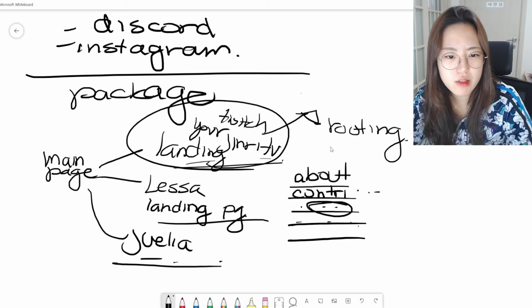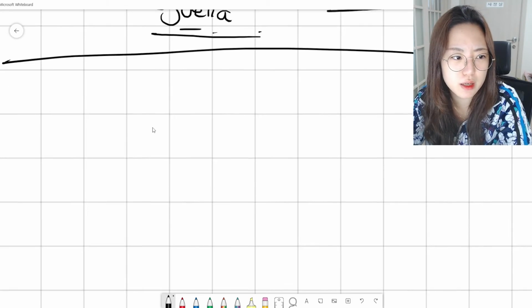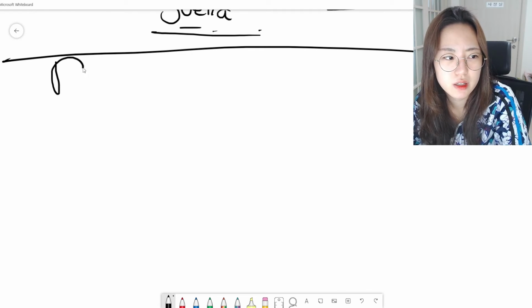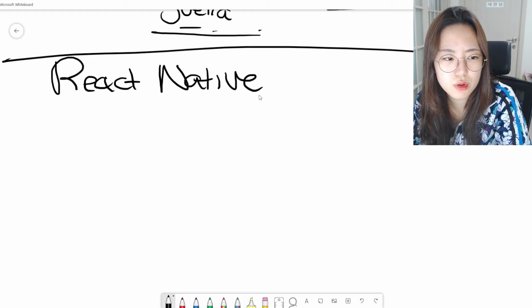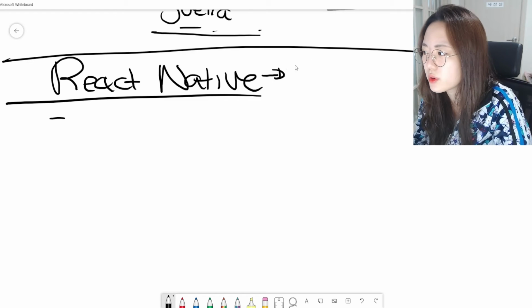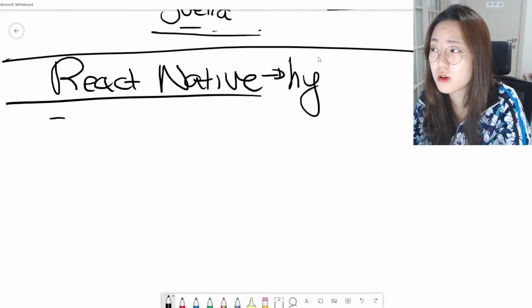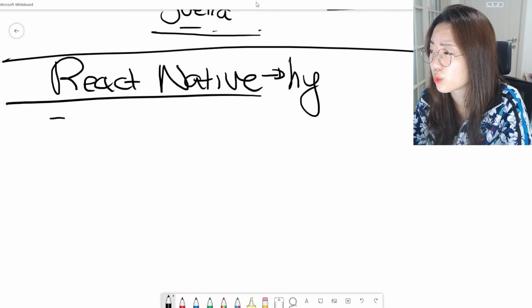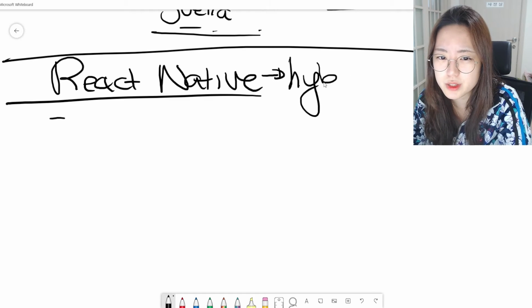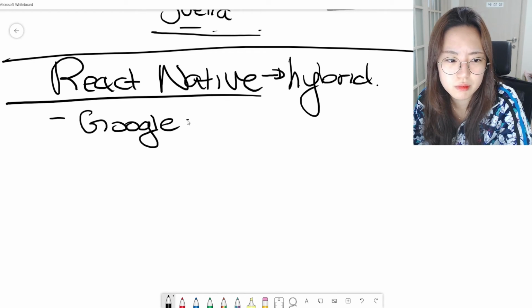Wow. And then I also wanted to compare, so there are competitors for React Native, because I've got the people say React Native versus, who are their competitors? Probably, since this can work for hybrid as in iOS and Android. So anything, any programming language that works for both, right? Hybrid. For instance, there's the one that Google created. Google's